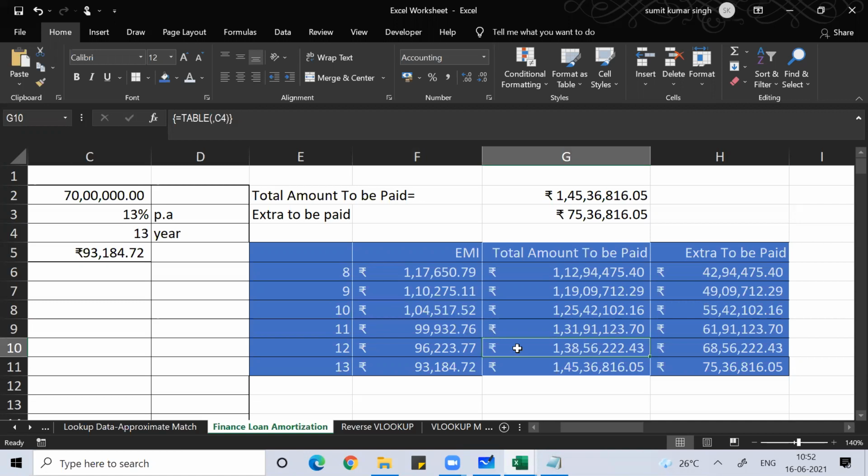I can also create a two-way data table. In a two-way data table, we can change the time period and the rate of interest, and calculate the EMI.